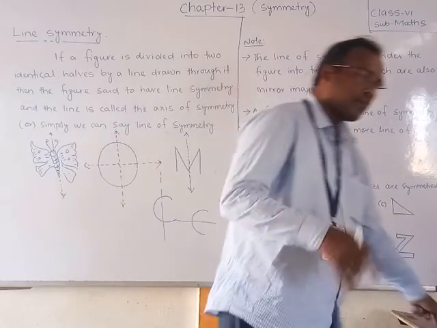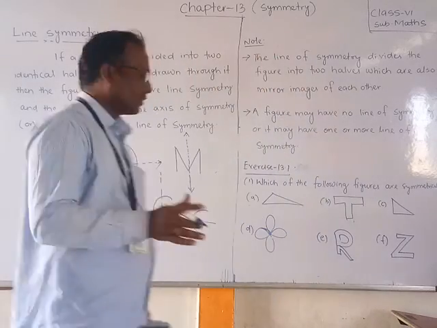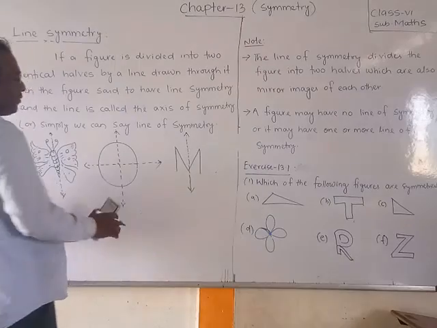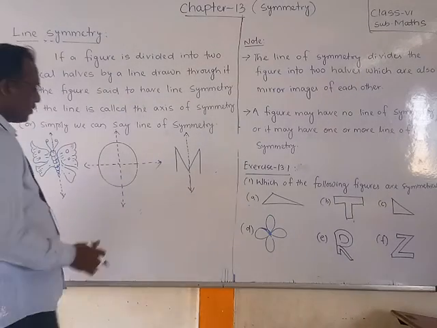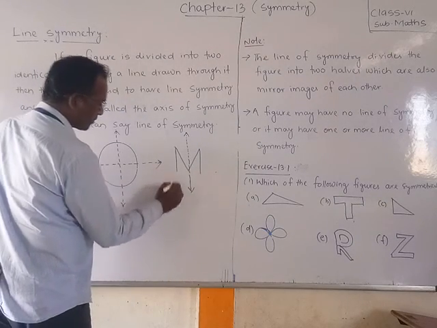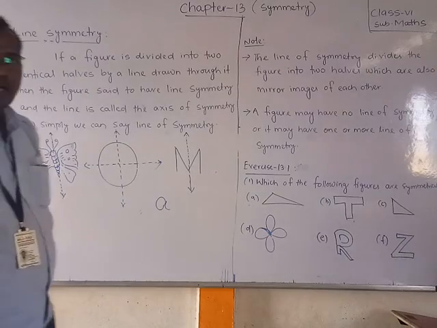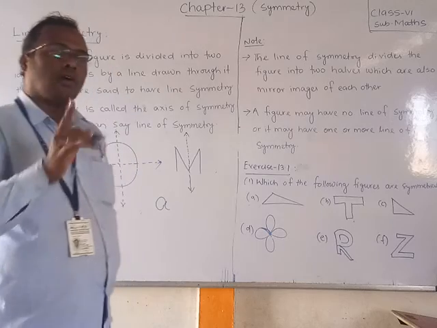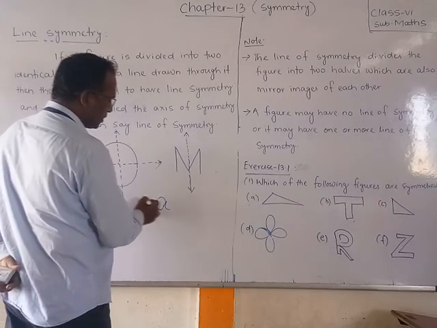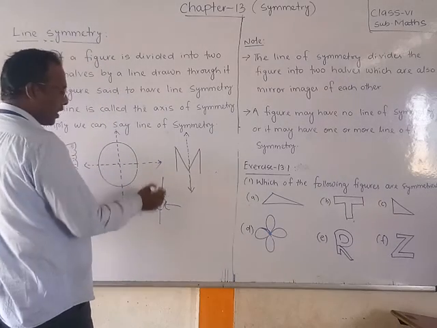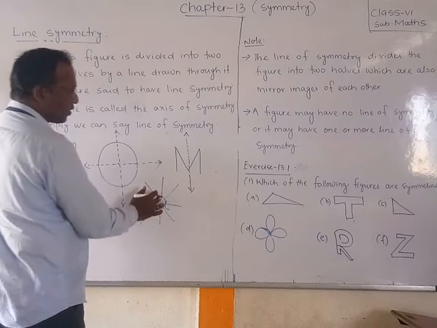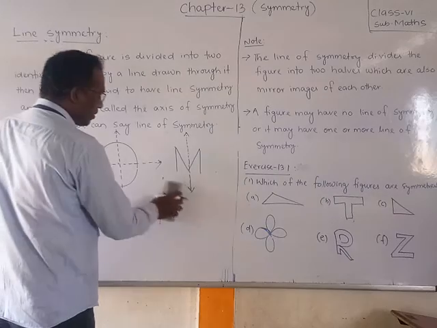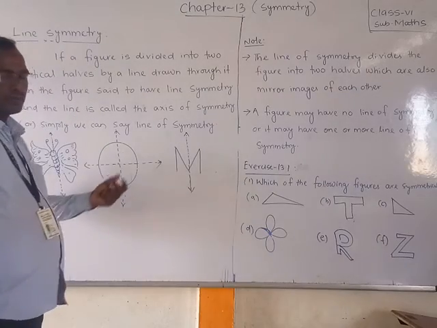By any way, perpendicular, vertically or horizontally, that does not matter, but if you draw that line on the figure and it becomes two halves. Suppose A, one letter of the English alphabet. By which way do you draw, like this or like this? Whichever way you draw, it is not possible to get two equal parts. So that is why we cannot draw a line of symmetry.